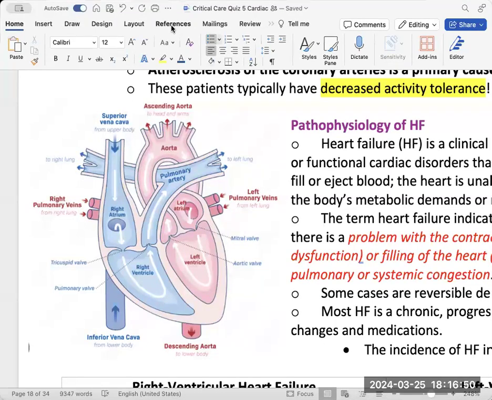Now, going back into how the blood flows, right? If the right side is working perfectly, it goes into the lungs where it undergoes gas exchange, becomes oxygenated, and then goes into the left atrium, which will then go to the left ventricle and then be sent out through the aorta to get to the rest of the body. When the left side fails, where did the blood come from? It came from the lungs. So when the left side can't pump properly, it backs up and pools into the lungs,